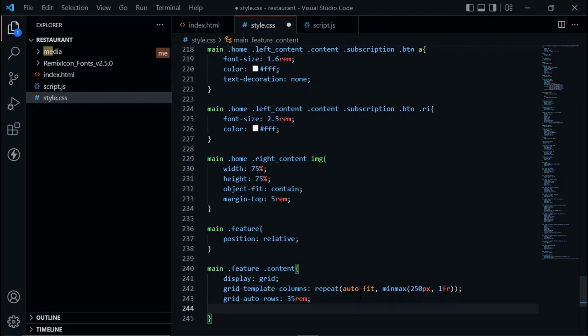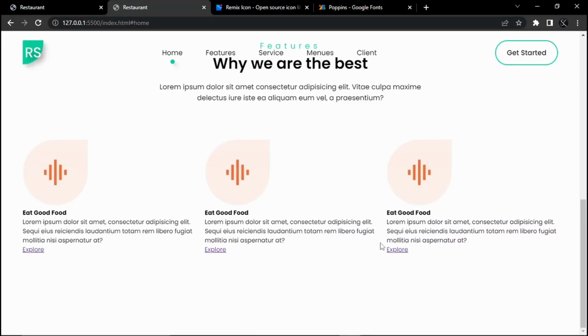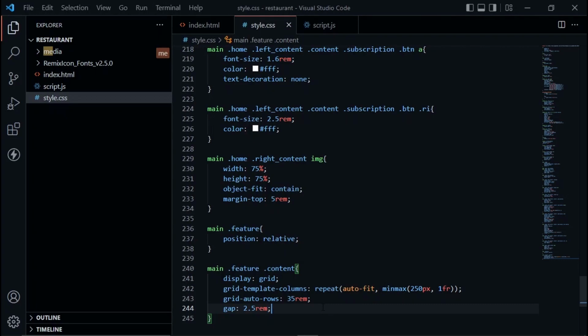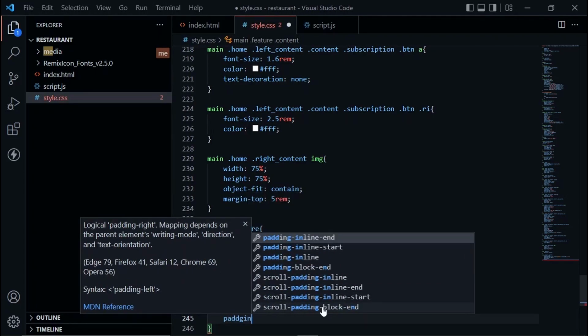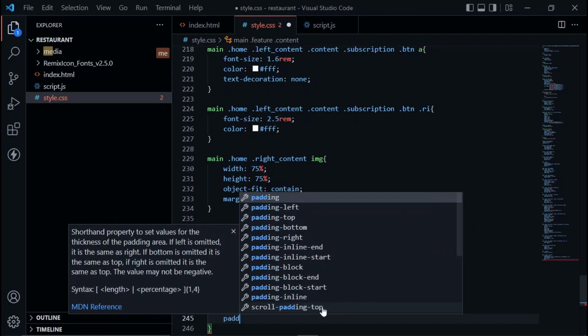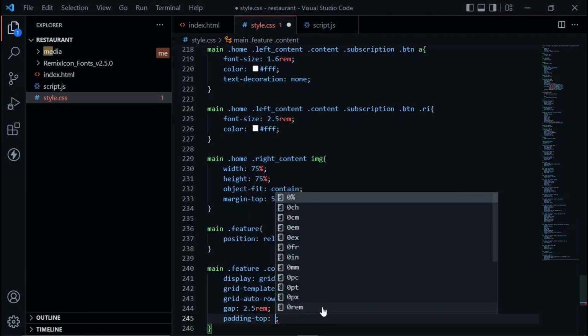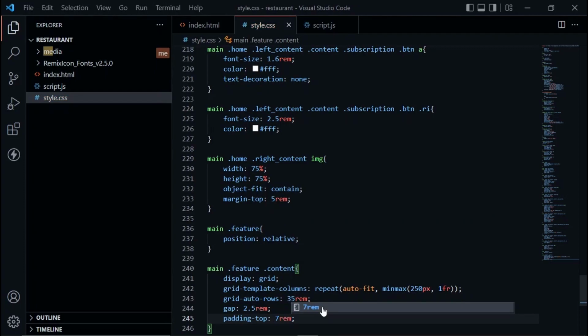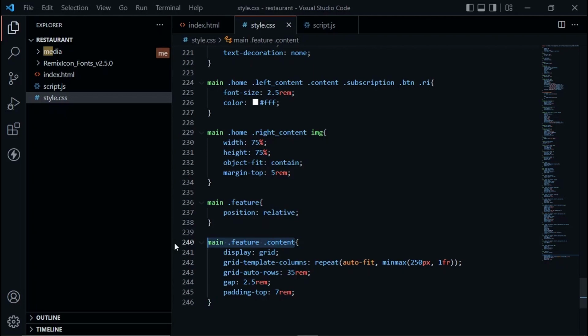And now we will set the gap between the cards, that is 2.5 rem, and you can see that the gap is applied here. And after that we will set padding from the top of the card, that is 7 rem. So after that we will copy this line,